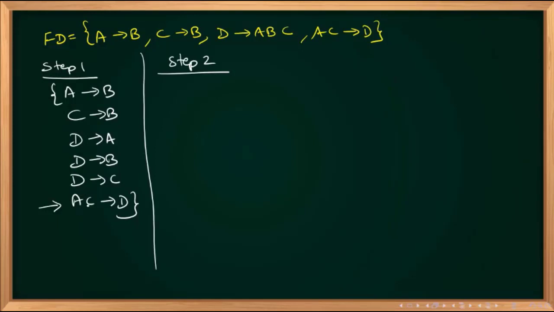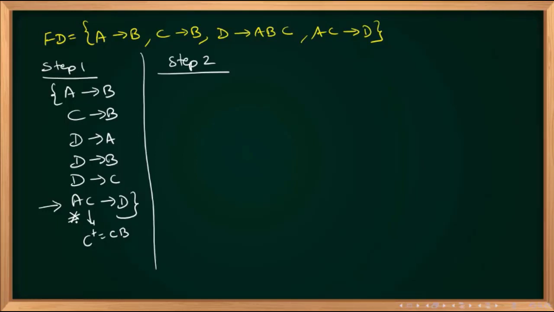Now A to C is there. Either you can remove A or you can remove C. Can I remove A? If I assume that A is removed, take the closure of this one using the remaining attribute. So C gives CB. Anything else? Nothing, no? So A you are not getting. So you cannot remove A. Okay. Now try to remove